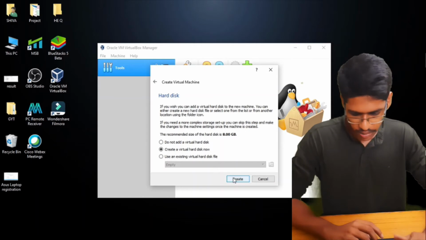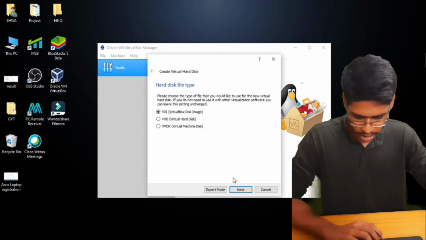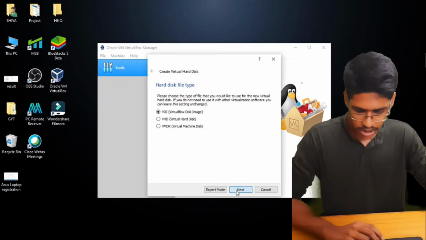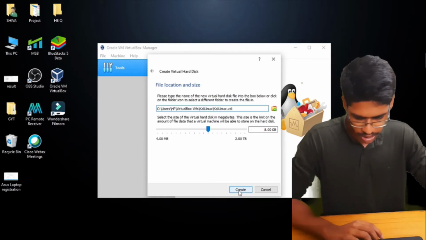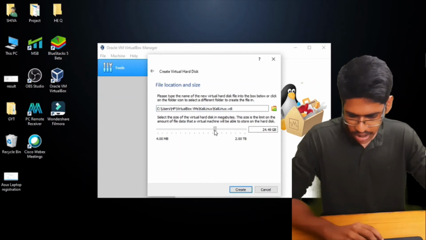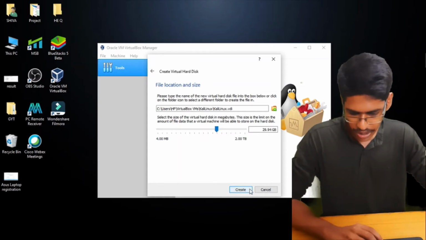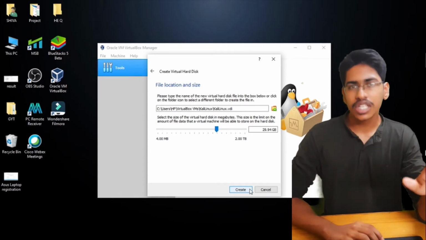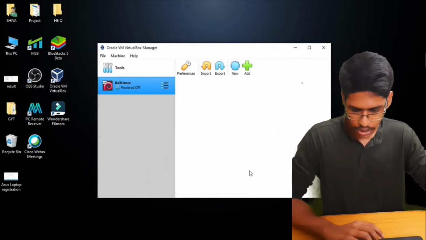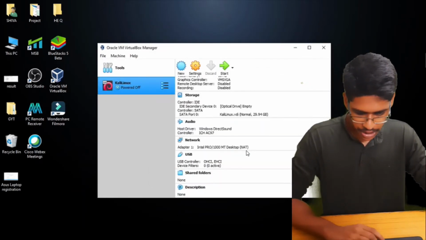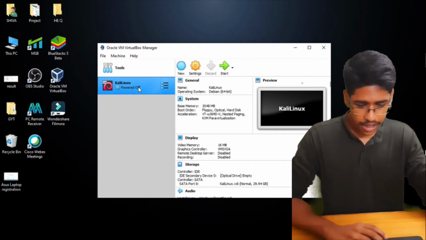And then this one I'll just let be, create a new virtual hard disk now. And yes, VirtualBox disk image, dynamically allocated. Next, I was thinking about giving it around 30 GB since I only have 512 GB on my laptop. So it depends on you again, but mostly people prefer 40 GB for a separate virtual machine as a beginner. You can see that it depends on the space you will have. Here it is created.